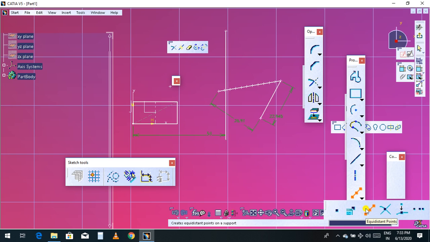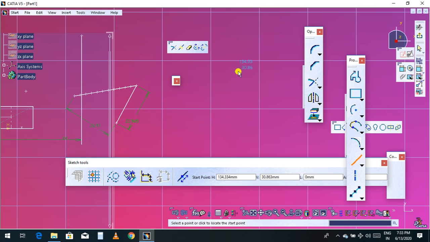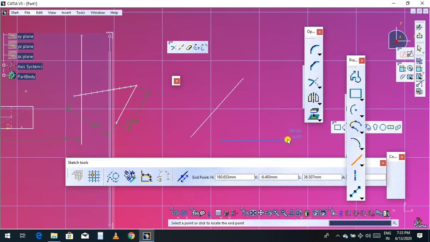Now in the third point we have equidistant point, so select this equidistant point, and you can give an equidistance. Before that you can select one line, choose a line somewhere like this, and one more line you can choose like this.